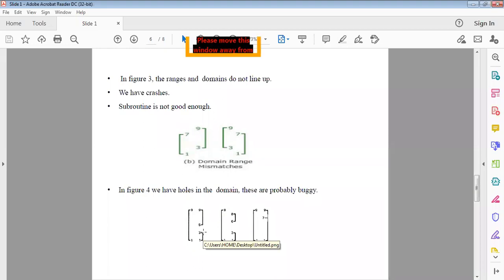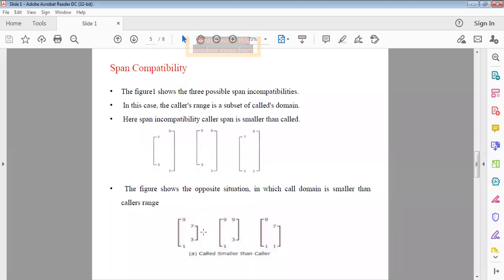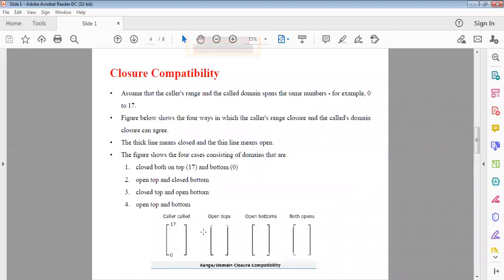When you are performing a test on a particular domain interface, these types of incompatibilities will be produced, and the output range will not be correctly defined. So these have to be compatible. These are the different types of span incompatibility, and span and closure compatibility. These two have to be compatible with each other. When they are compatible, domain interface testing will be done perfectly. The input value you take to the domain will give the output range of that domain using some predicates. This is about domain interface testing.